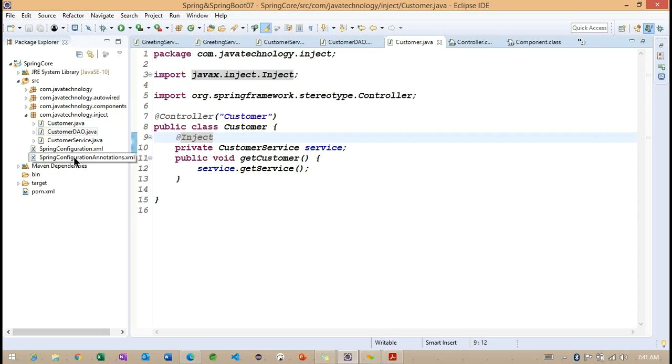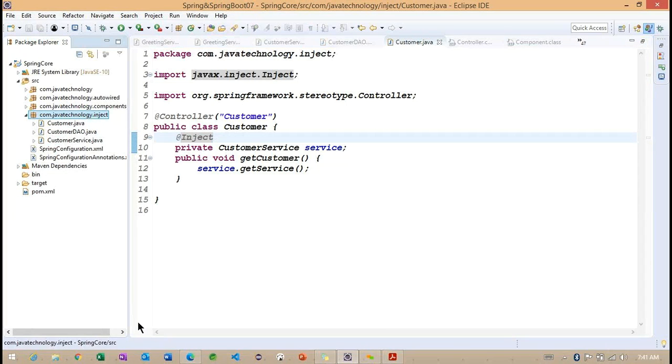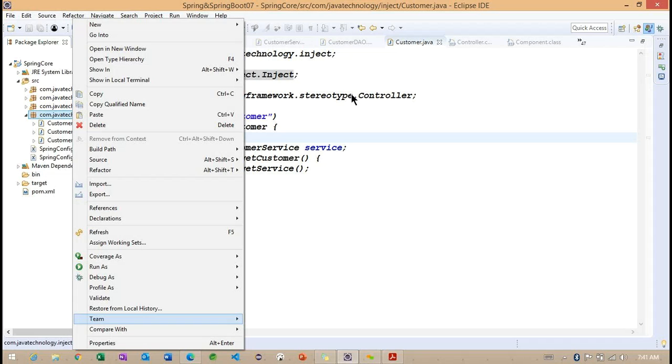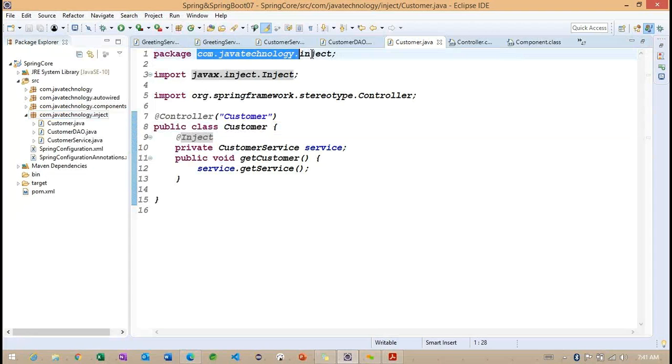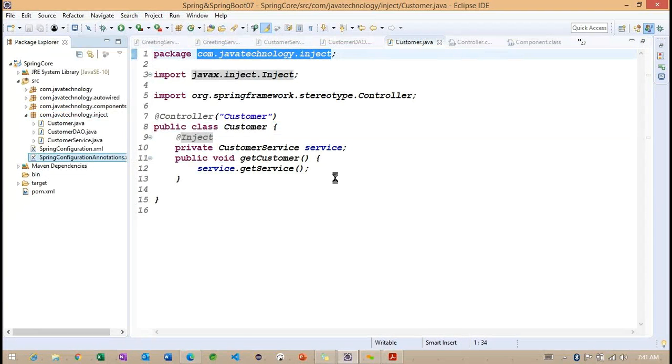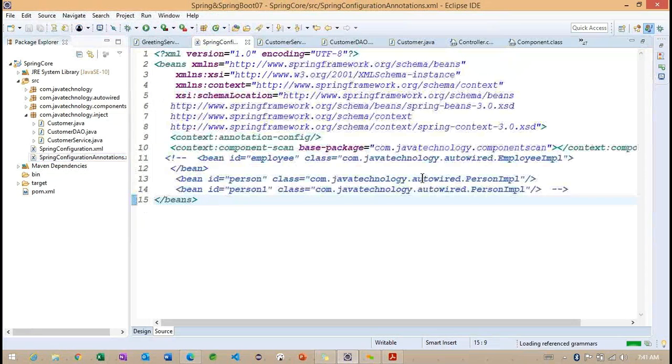And inside this particular Spring config annotations, I want to specify this particular package information. Let me copy from here. Inside this configuration, I want to change the base package.